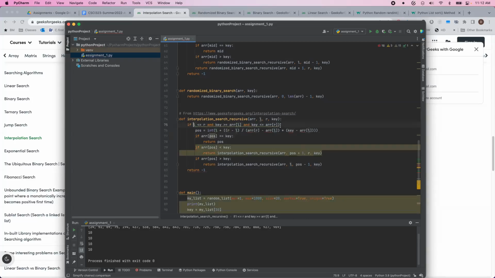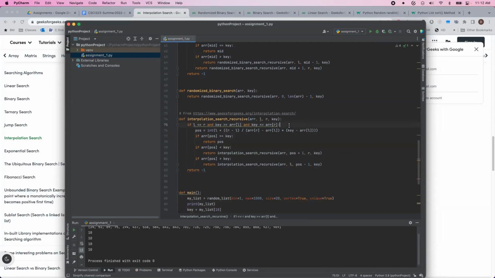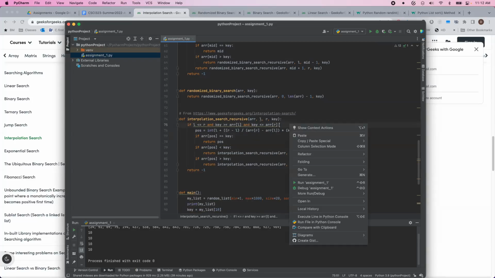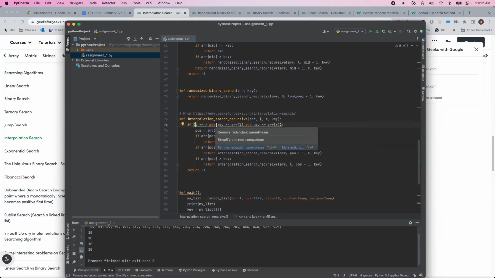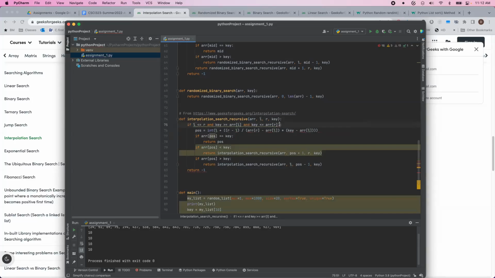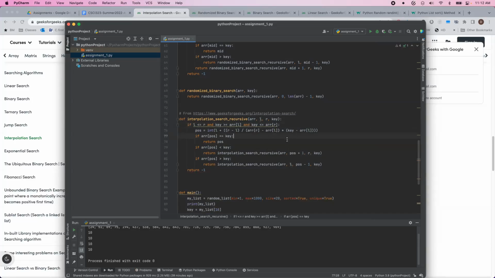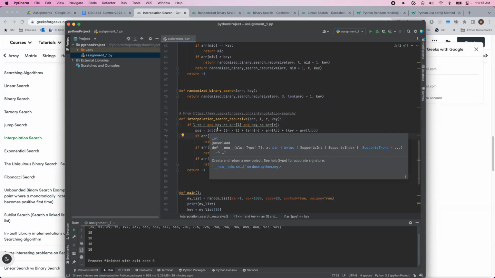I think that's good now. What is it complaining about in that line? I think that's. No, you don't need parentheses. Why is it still underlined there? Oh, I know what it wants you to do. It wants you to say if L is less than or equal to R and key. So say and